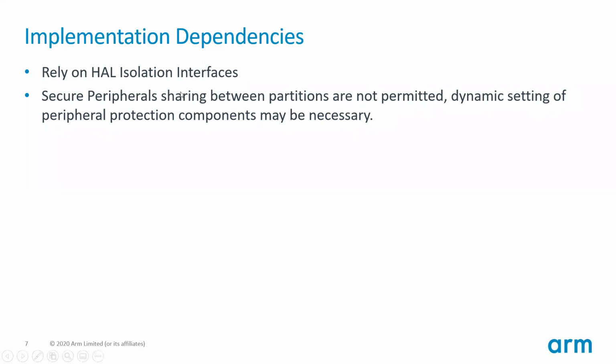And secure peripheral sharing between partitions is not permitted, so dynamic setting of the peripheral protection components may be necessary. For example, if there is a hardware component, a peripheral, that is accessed not by memory-mapped registers,